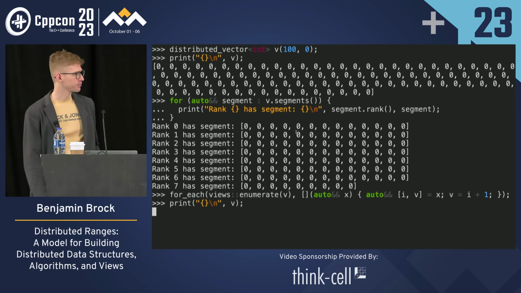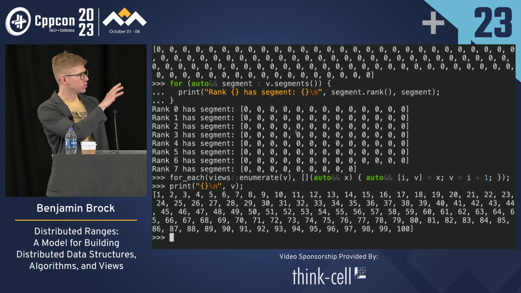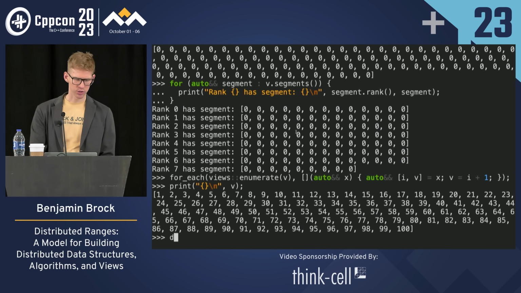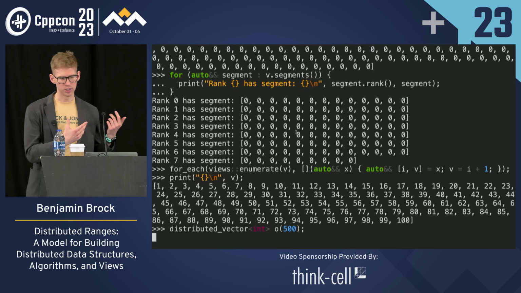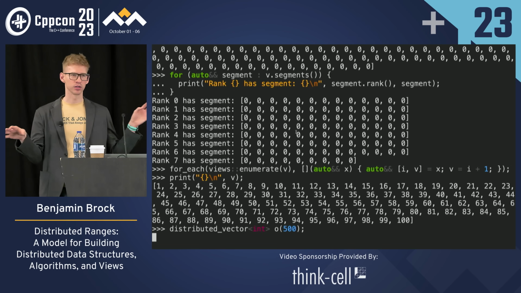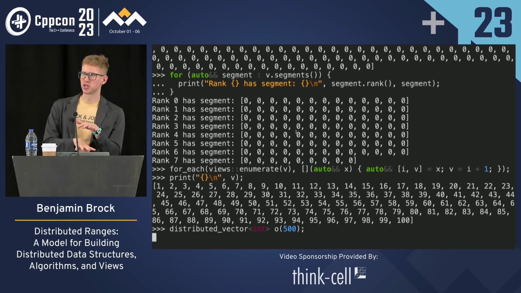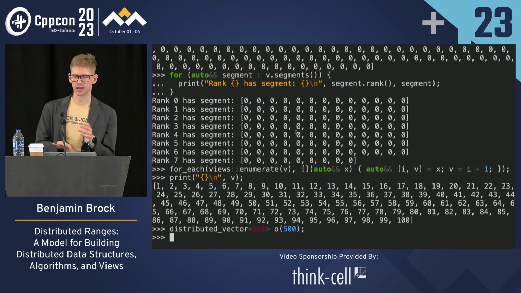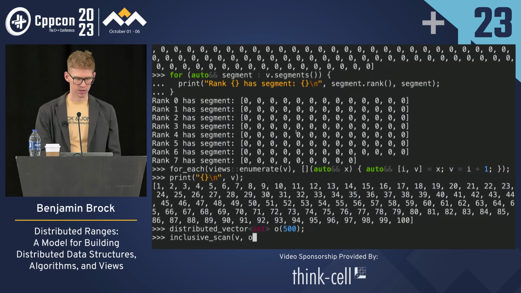Basically, at a high level, you can create these distributed vectors and use standard C++ algorithms over them. And I didn't talk too much about how this actually works, but you can also use multiple distributed ranges together in an algorithm. We're able to identify when the segments don't match up, and then deal with that accordingly inside of the algorithms. So for example, we can do an inclusive scan